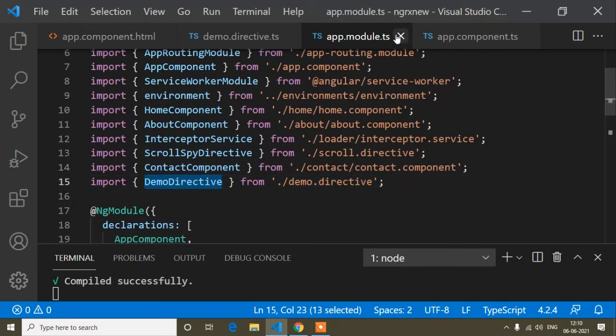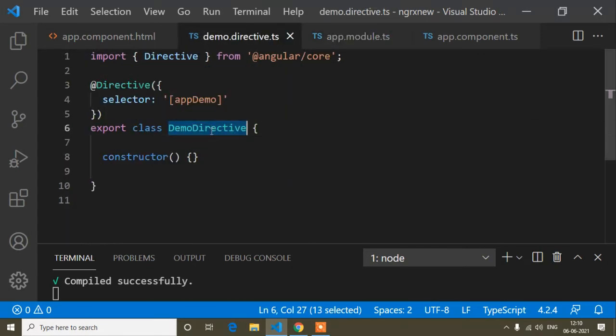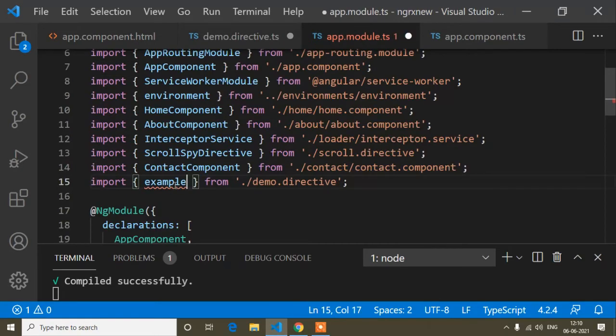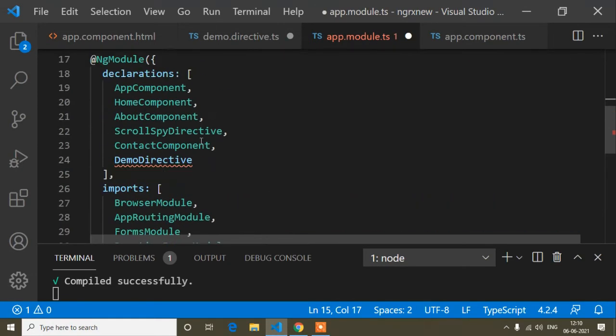You can see the DemoDirective. Suppose you modify the directive class name here, and instead of DemoDirective you write Example. When you change the name, you have to change it here also, and it's automatically imported in the declarations array.